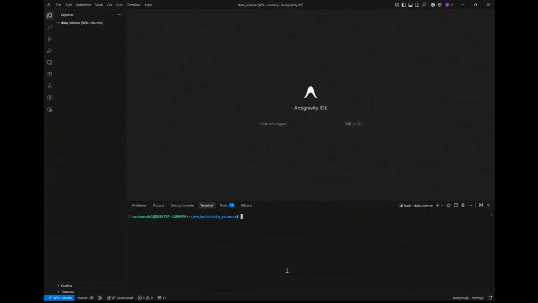Going to be a quick one. We'll be showing how to make use of Git in Antigravity IDE. I have created a folder named data science in my debugging myself,